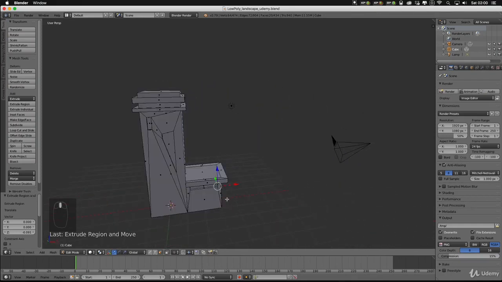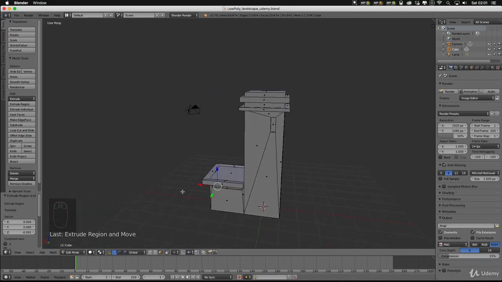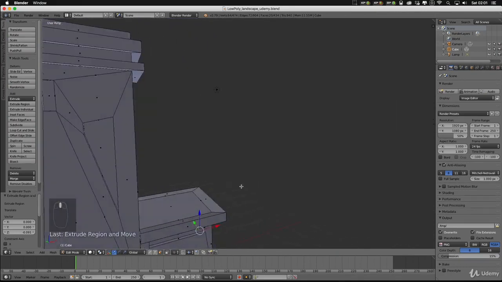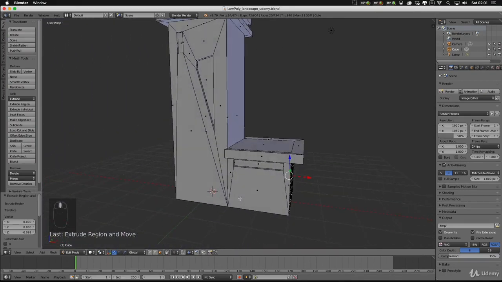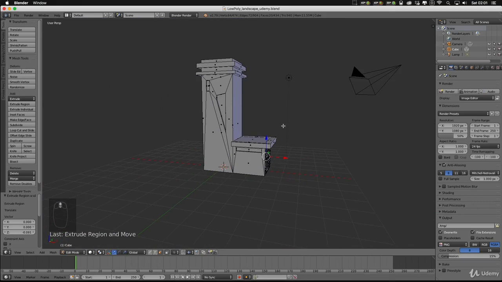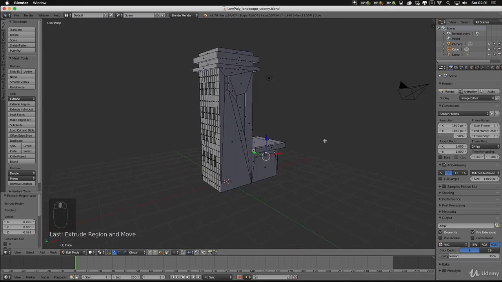Okay, so that's our first building made. In the next video we're going to be looking at making a slightly different type of building. So we'll see you in the next video.